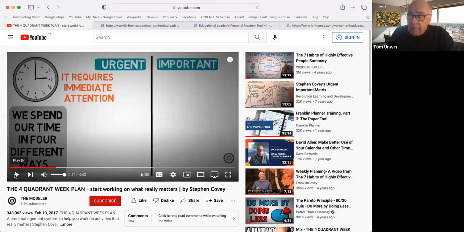And if you keep a log of your time during the day, just have a little notepad beside your desk or on your computer, and make some notes about what you're actually doing. At the end of the day, organize them around urgent and important, urgent and not important, etc., into those matrices, and see how much time you're spending. When I did this, when I was a principal, I should be doing it now once a week, because sometimes you learn these things and forget them right away. But it was a very valuable tool, because I started seeing where I was wasting my time and how much I spent on the not urgent and not important.